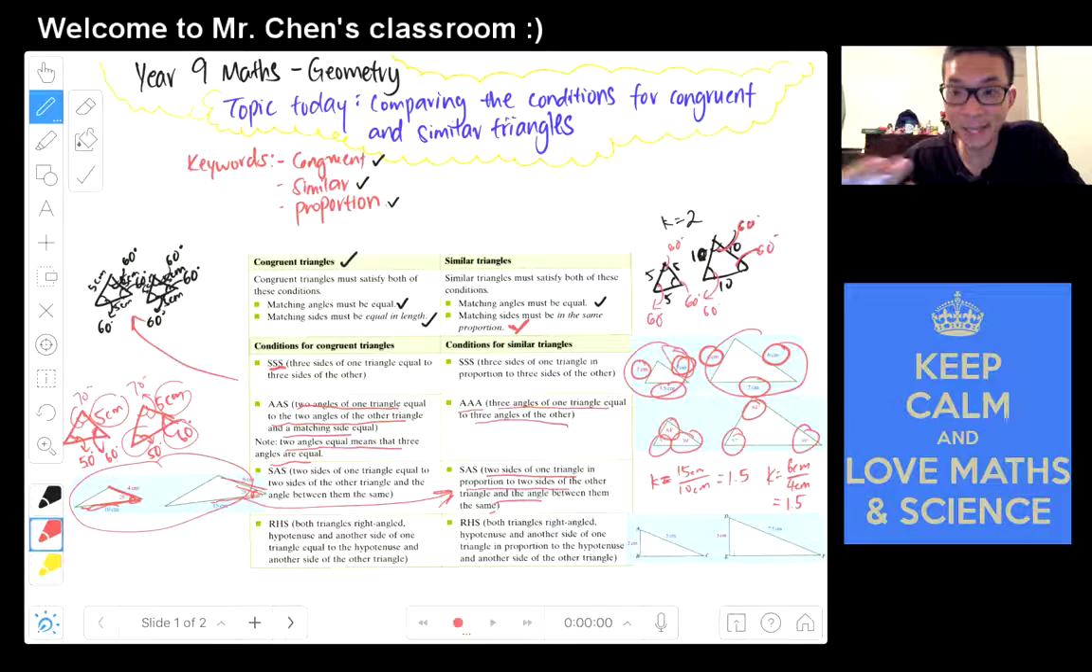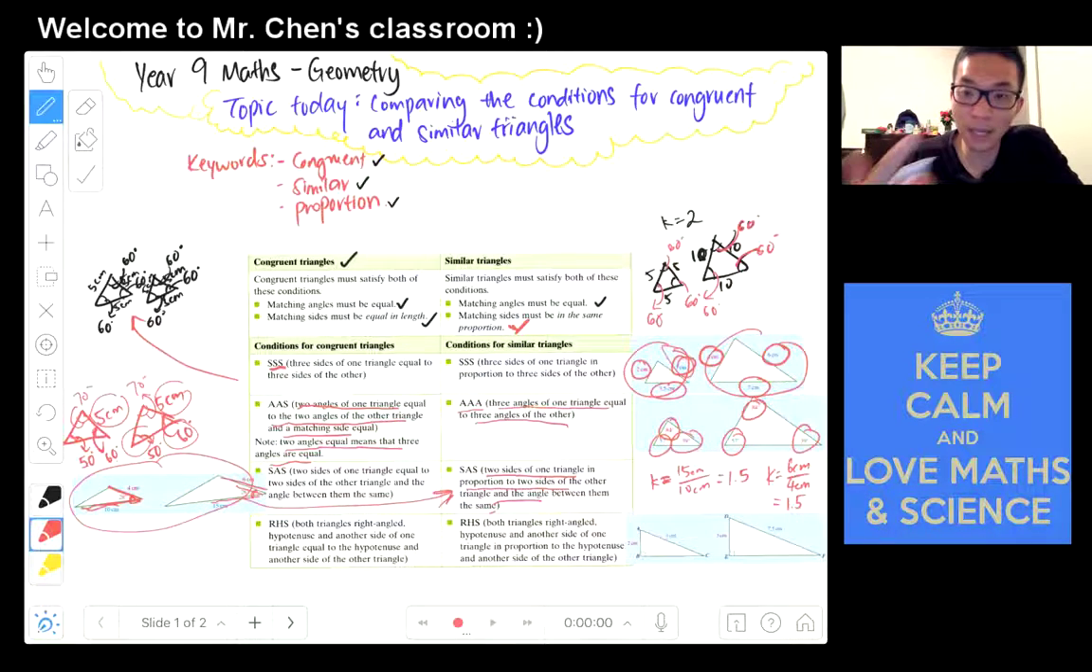Okay, but the angle stayed the same, which is 28 degrees. So that means it actually follows the angle side rule for similar triangles. Okay,